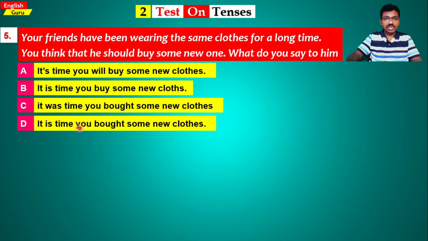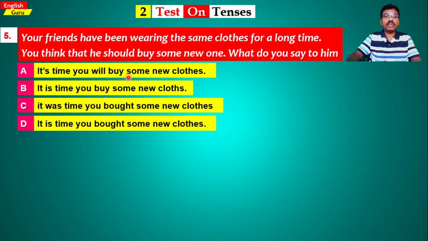So these are all the options which are given. Again, all the options start with one phrase, that is it's time, it was time, it is time. So all the options start with the same phrase. We have already discussed this type of question in the previous video. So whenever this phrase "it's time" comes in any sentence, it always takes past form of the verb in the sentence. So if you see the past form of the verb in the given sentences, that answer is the right one.